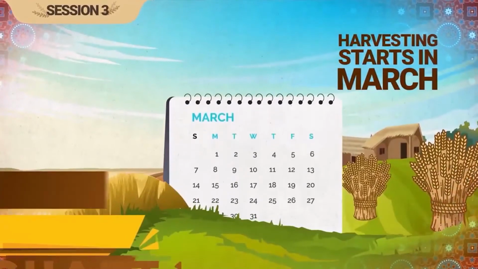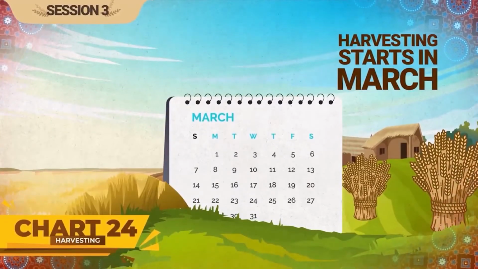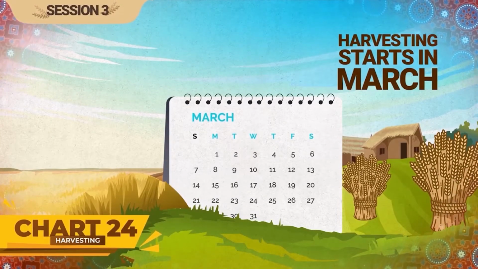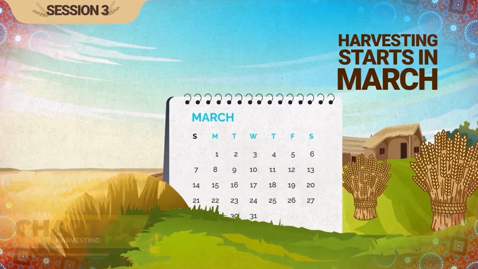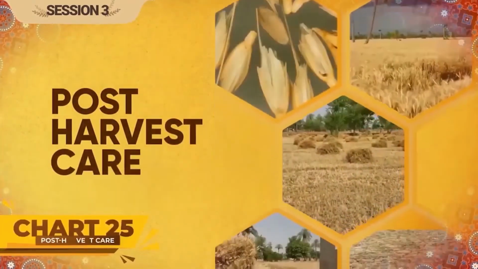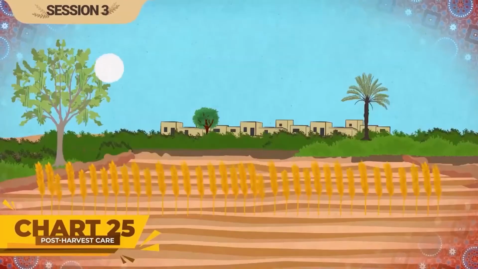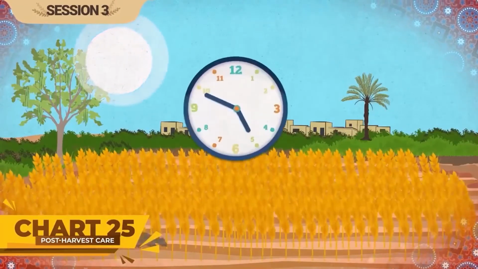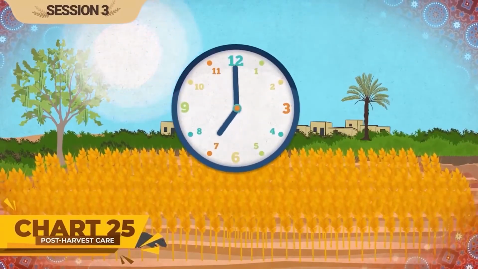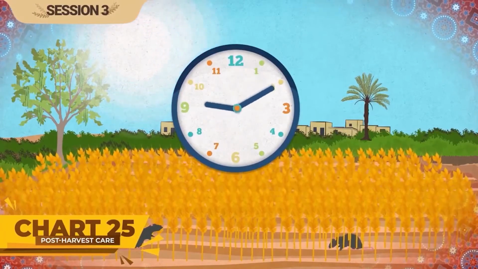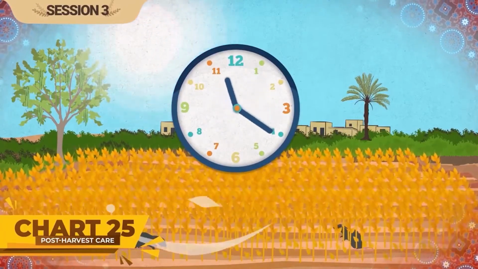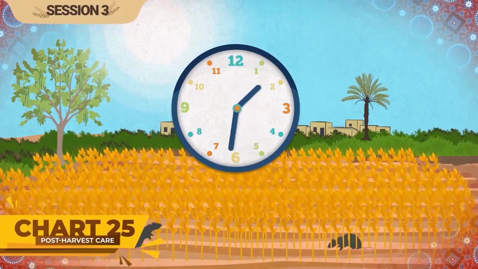Harvesting. Harvesting of wheat starts in March and it should be started in time in order to avoid post-harvesting losses. Post-harvest losses and measures to avoid these losses. Shattering. Over-drying in harvesting may result in shattering and damage by rodents, birds, and by dispersing wind. Therefore, harvest the crop on time.